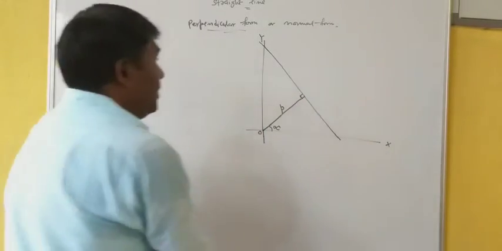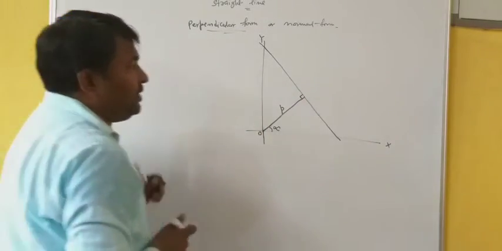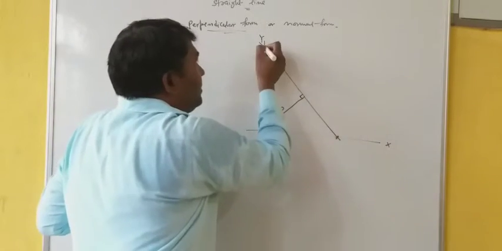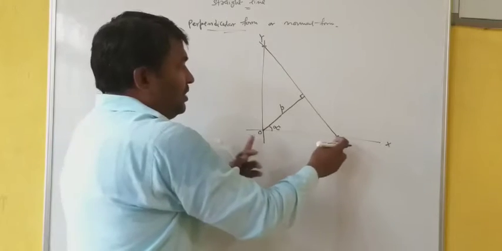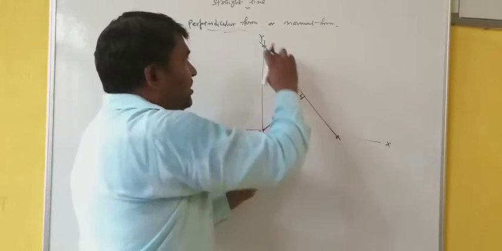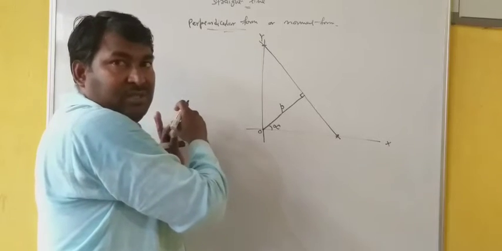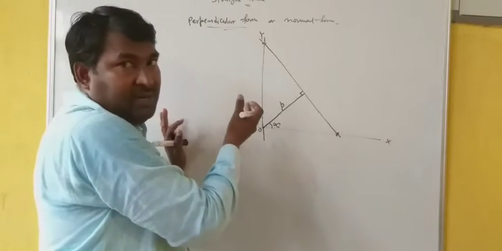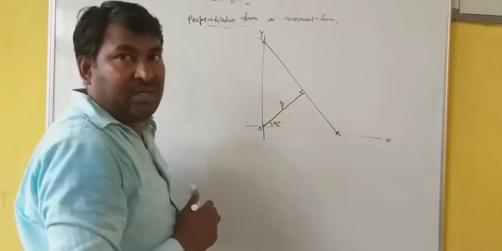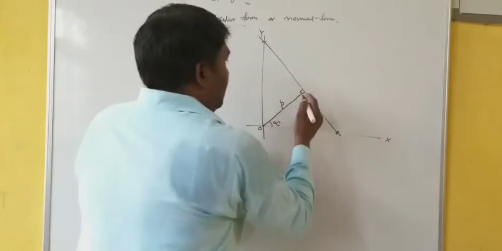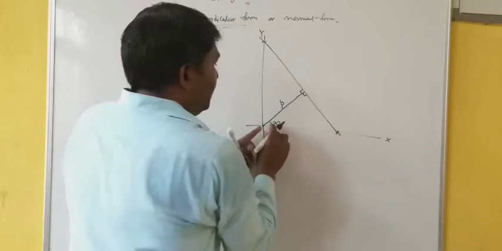So see, how can you calculate? Quite easy. If we can calculate this coordinate and this coordinate, then you can find this intercept and this intercept, and we can put in the equation of intercept form, and easily we can calculate the equation of a line. So let's see how. This is your perpendicular, this is alpha.